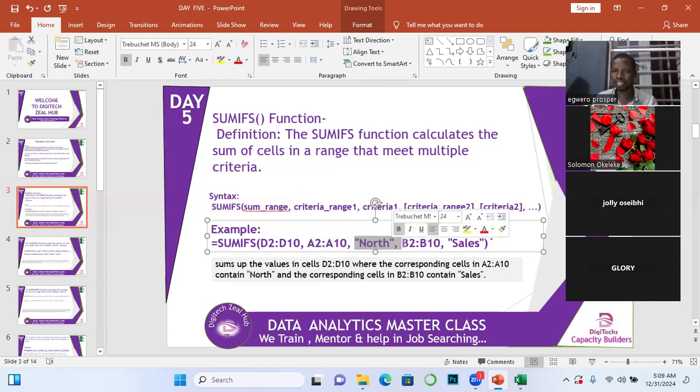And then here we selected another range where we have sales and other types of value. But here we are also picking sales. Then in summary, before we go for the application, I'm interpreting this expression now: sum of the values in cells D2 to D10, where the corresponding cell in this contains north, and the corresponding cell in this range contains sales. That is the explanation of this. So like I said, this is north,